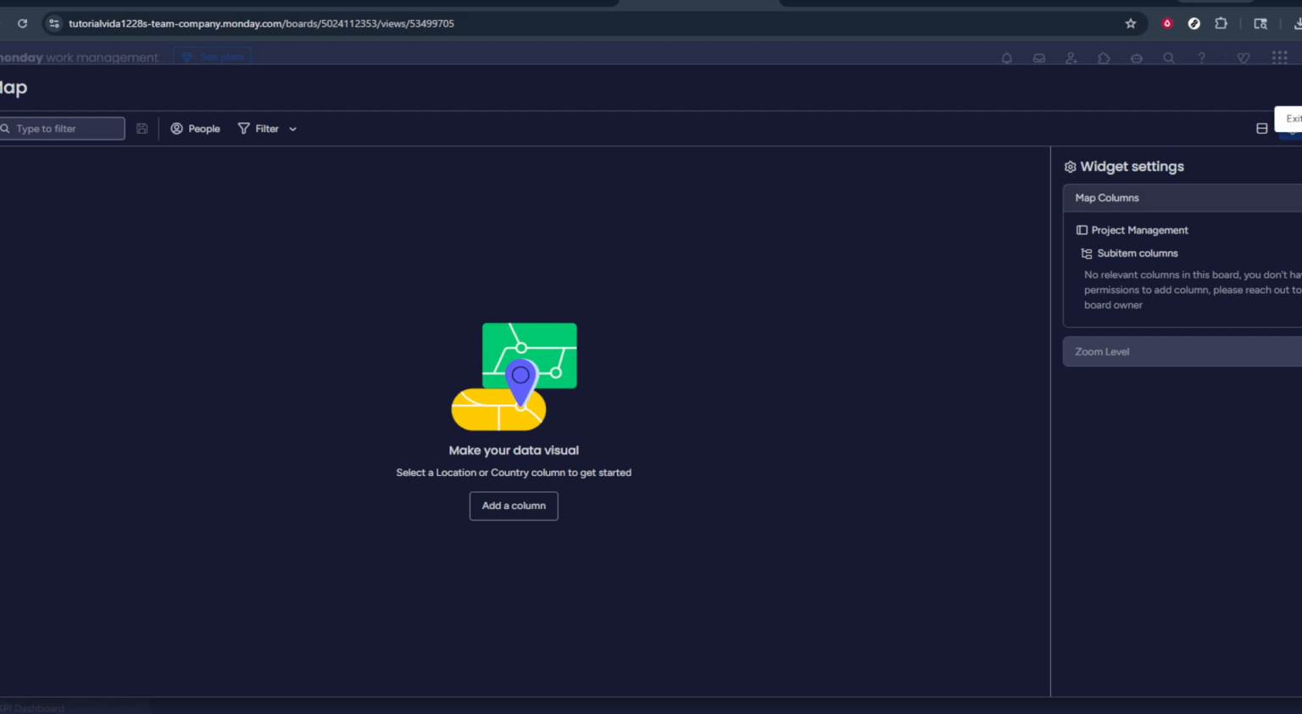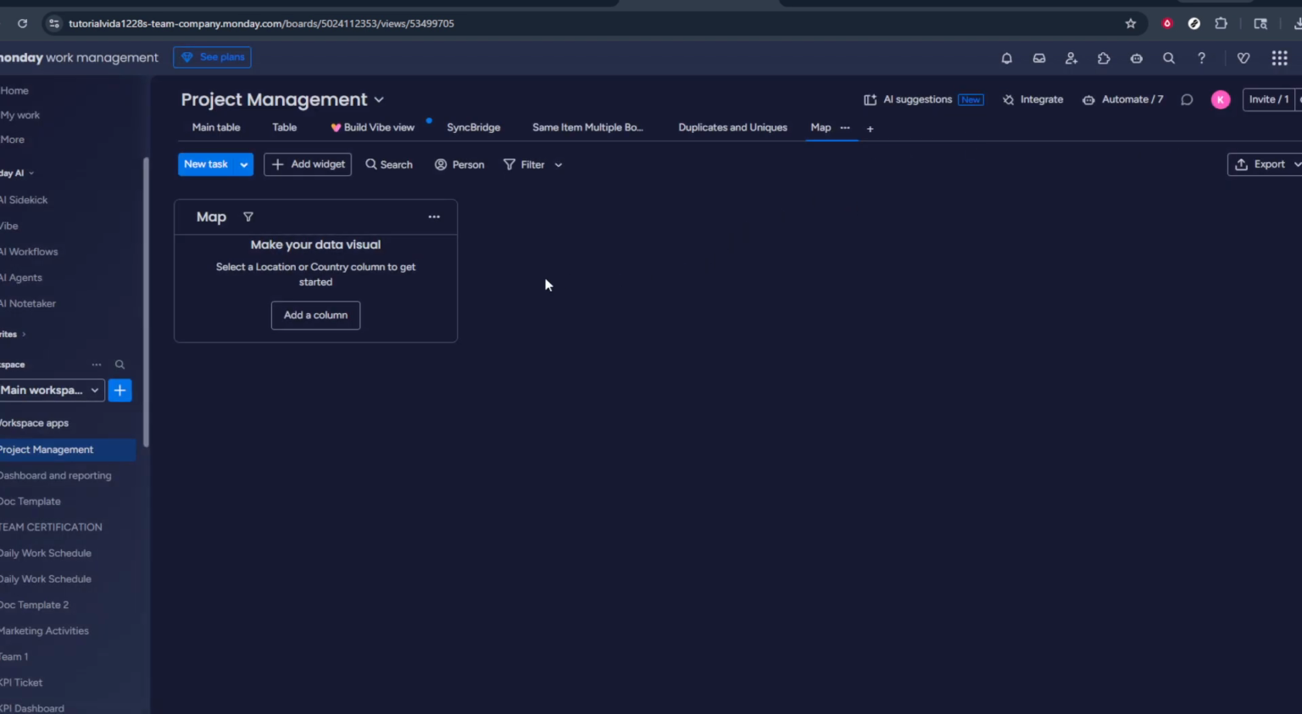From now on, you can simply click its name in the views bar whenever you want to switch to that layout and see your data from